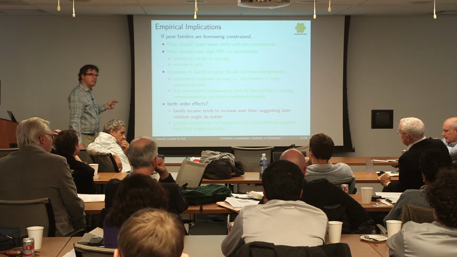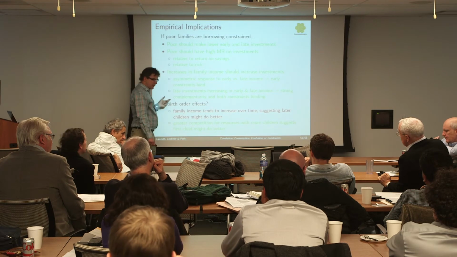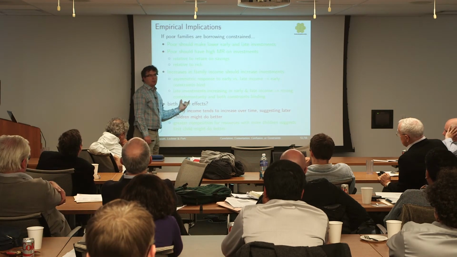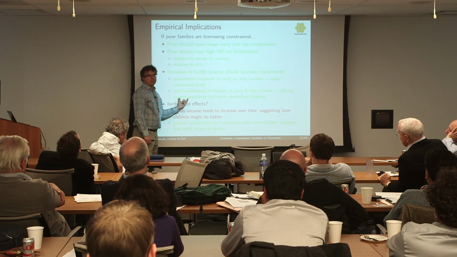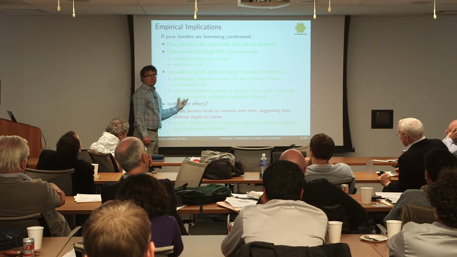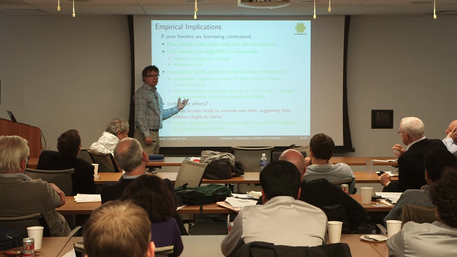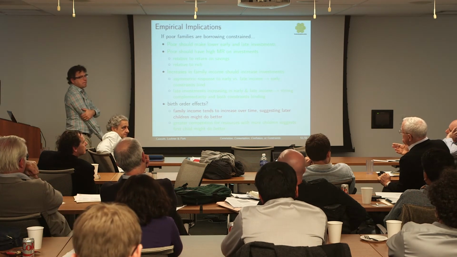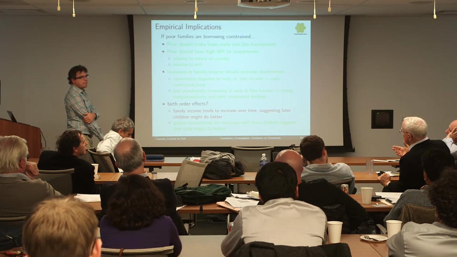I'm just trying to think, is it the same? Yeah, essentially, here the Lagrange multiplier on how much it's binding is playing the same role as a high interest rate. So it turns out to be almost identical predictions. But I'm just thinking there are lots of different ways to model what we mean by an imperfect market, and I'm not sure they all have the same implications for policy.